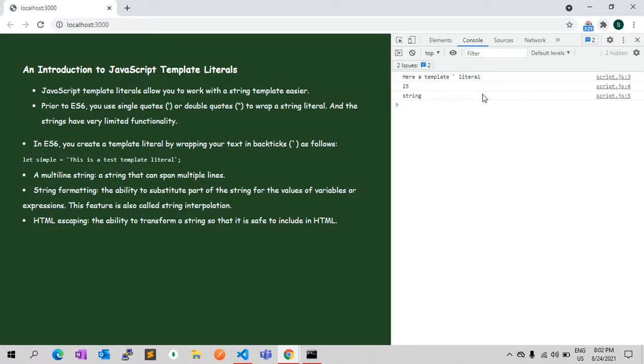We can use multi-line strings as well. Before ES6, you used a technique to create a multi-line string by manually including the newline character in the string. Let me show you how.